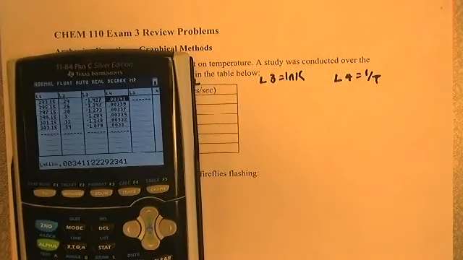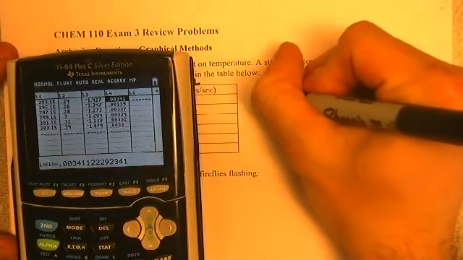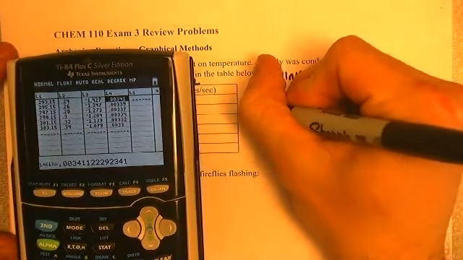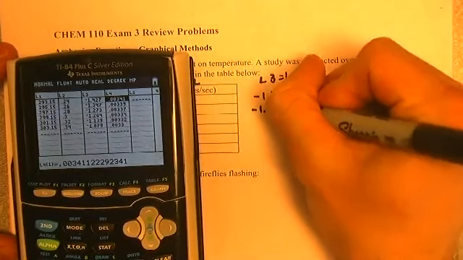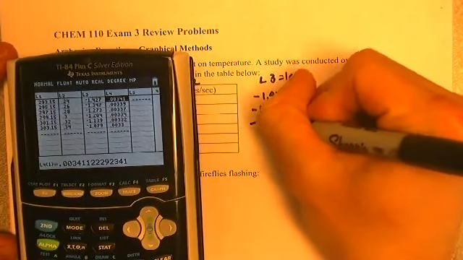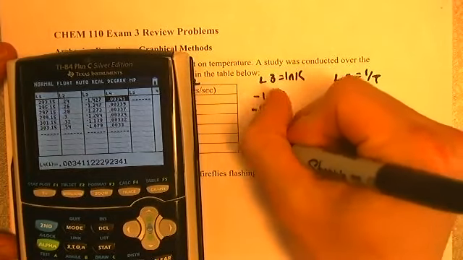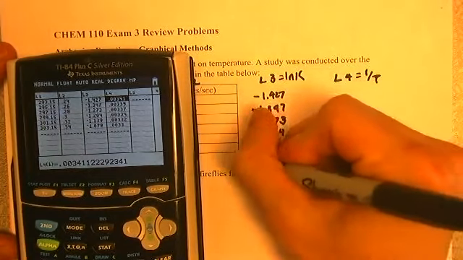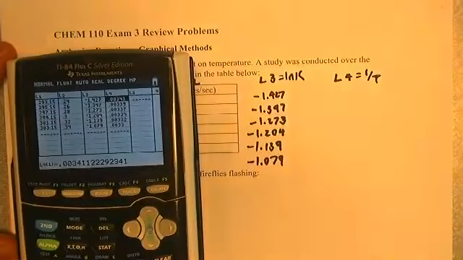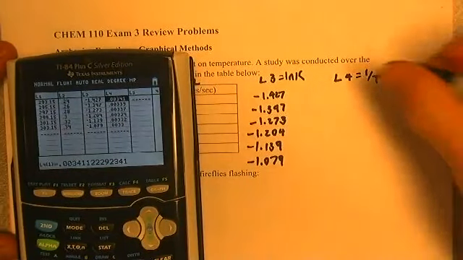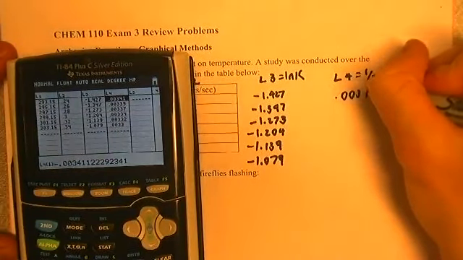So when you do this, if you get correct values, you should get values of around negative 1.427, negative 1.347, negative 1.273, negative 1.204, negative 1.139, and negative 1.079. And then for column 4, you should get 0.0034,